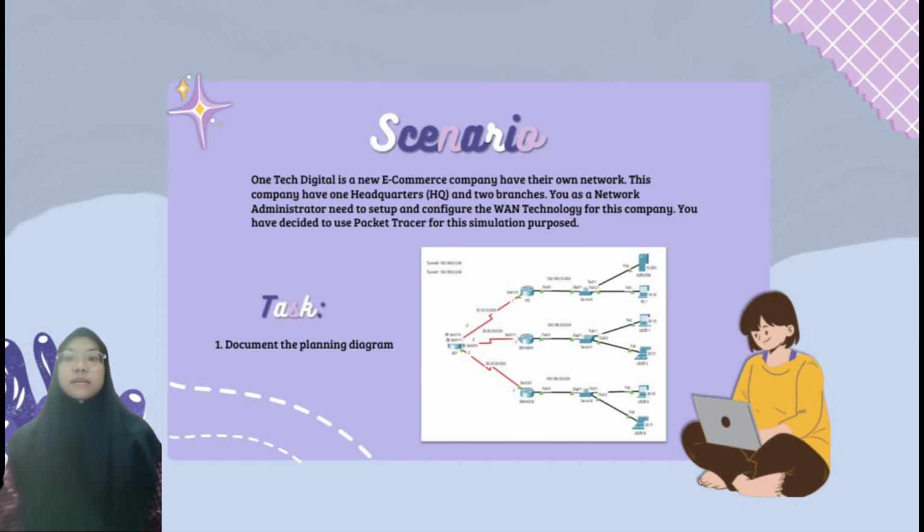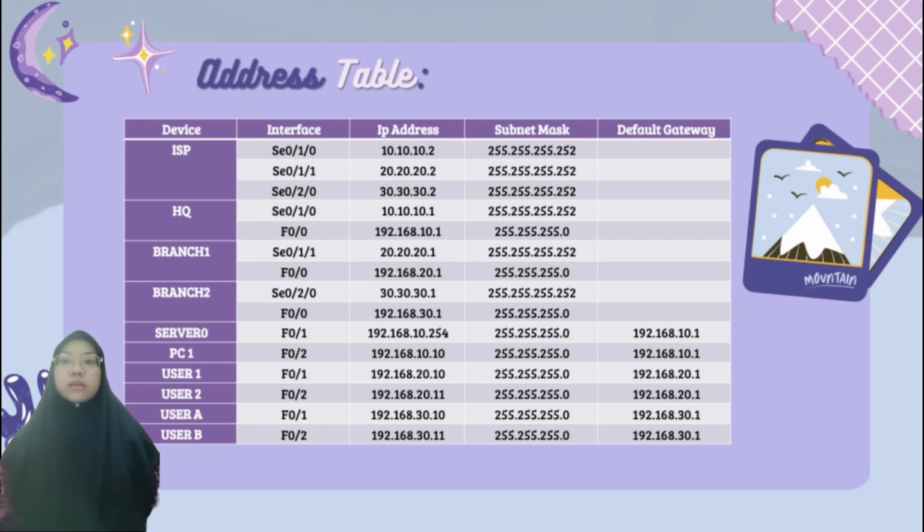We have decided to use Packet Tracer for this simulation. The first task is to document the planning and network diagram. This is our topology. We have prepared one router for HQ and 2 routers for branch 1 and branch 2. We also have one router for the ISP, and at HQ we have one server. This is our address table that defines the information about the device, interface, IP address, subnet mask, and default gateway